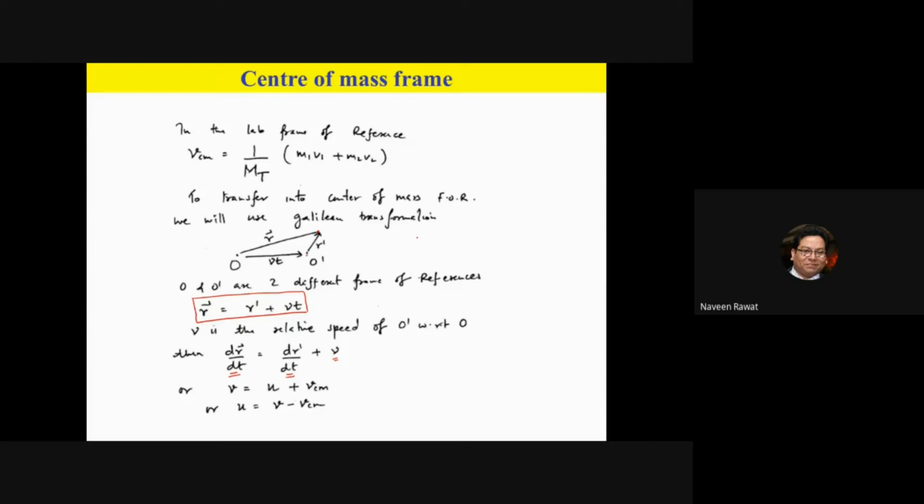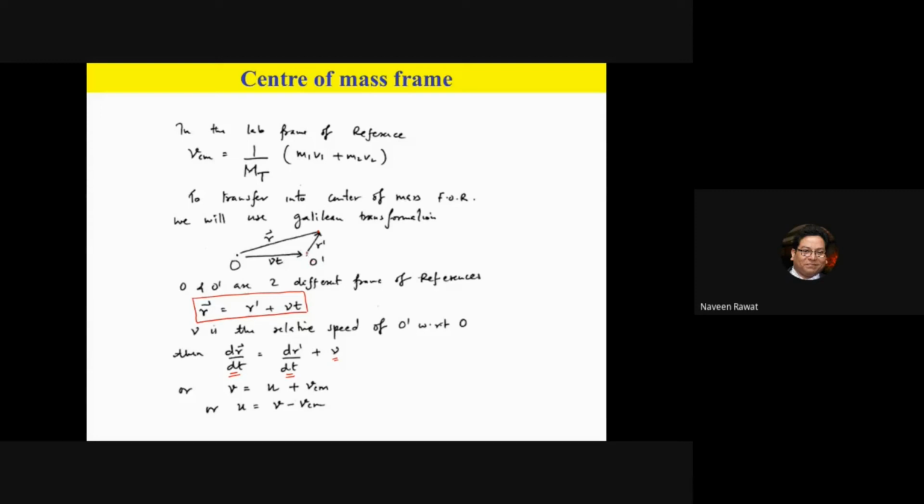So let me redo this a little bit, so that we don't have much confusion. What I'm trying to say is, this is a very simple problem that you might have dealt with before: one person is sitting in a railway station and the other person is traveling in a train, and the train is moving at 100 kilometers per hour. Those are the two frames of reference: a person standing at the train station and a person sitting inside a train that is moving.